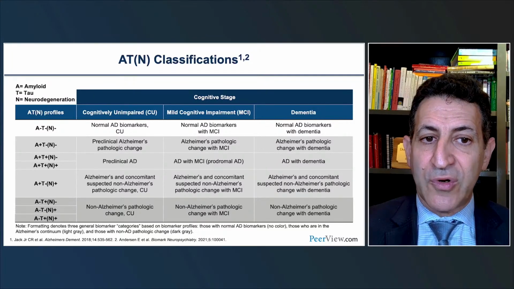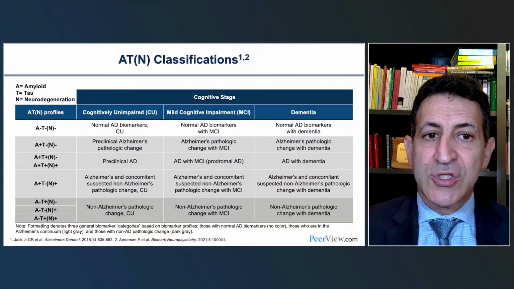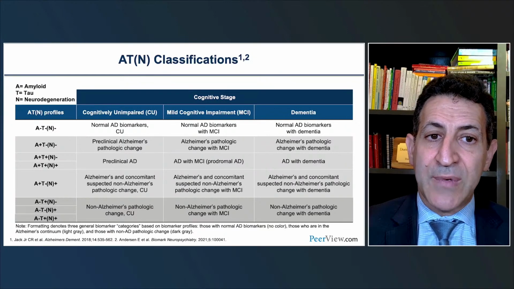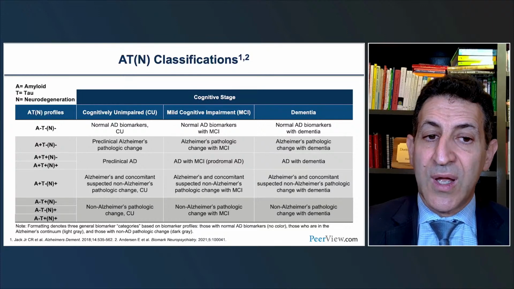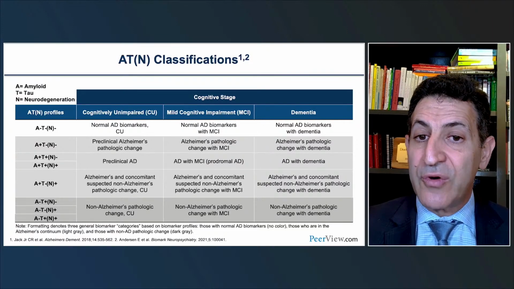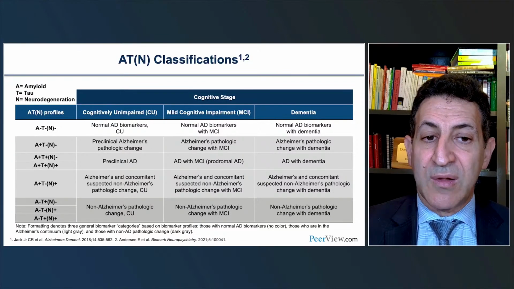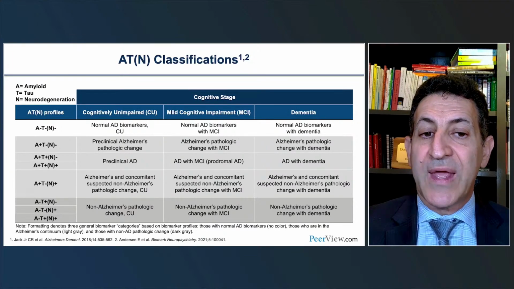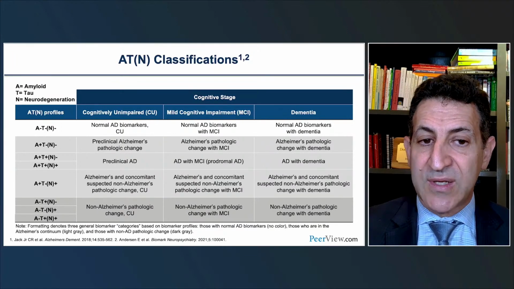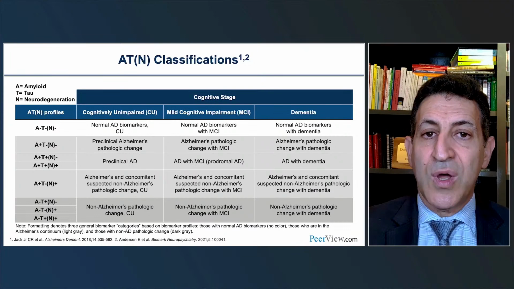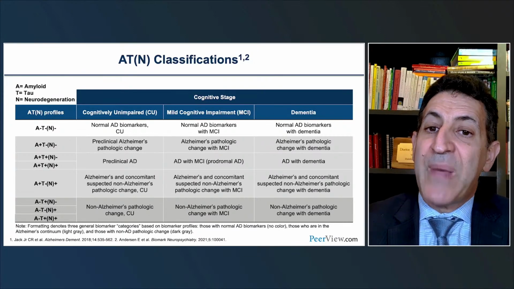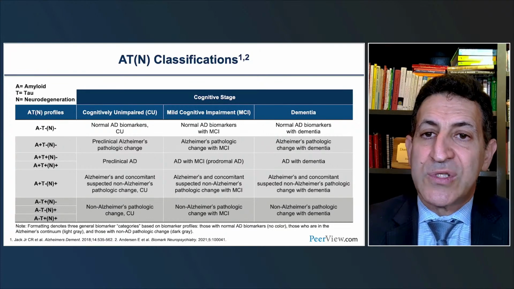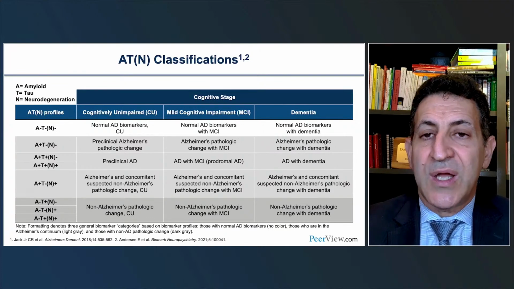and then further neurodegeneration. And so the top line is A negative, T negative, N negative, which is effectively a normal person. And the bottom is another type of neurodegenerative disease, for example, PSP, where they can be A negative but T positive or neurodegenerative positive. So understand the amyloid, tau, and neurodegeneration is a pathological construct that was proposed by Cliff Jack and colleagues in